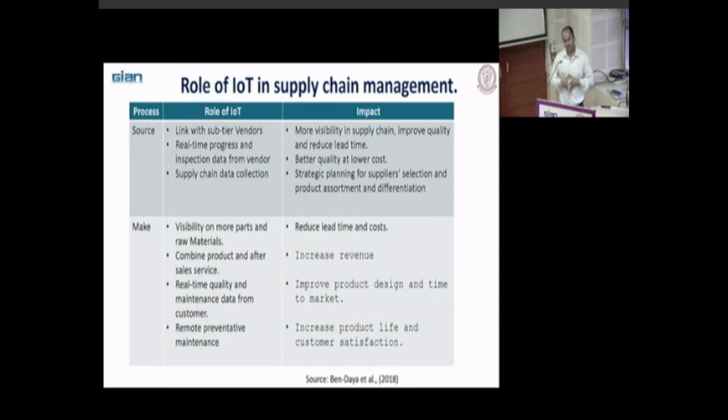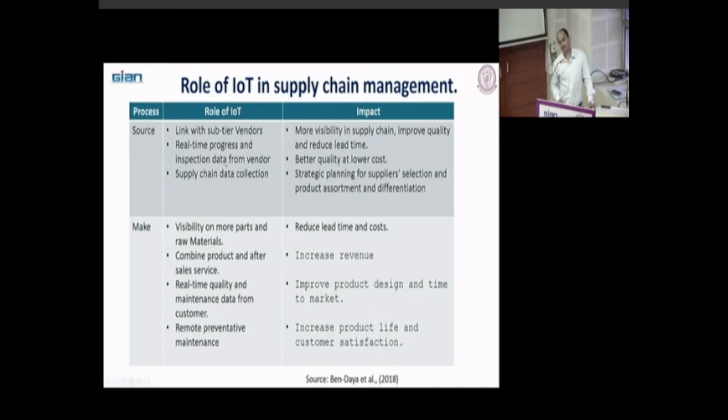So, link with sub-tier vendors. I gave the example of Boeing 787. Boeing tried to use a digital platform, RFID or some other platform, to get timely and accurate information from the tier 1, tier 2 suppliers, but they didn't upload that information. That's why they faced some delays. So you can link with the sub-tier vendors. You need to ask all your vendors and suppliers to use these IoT devices, so that they will be connected to the cloud, and then the manufacturer will get all the information available.